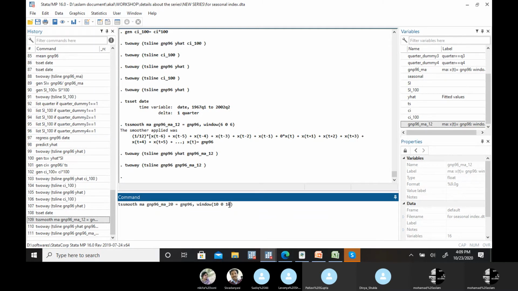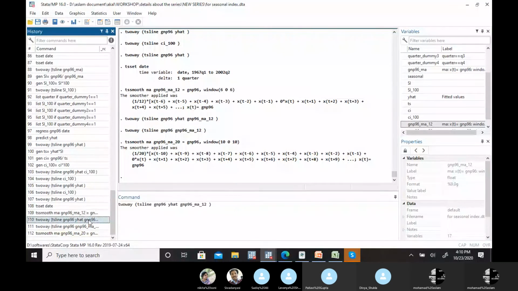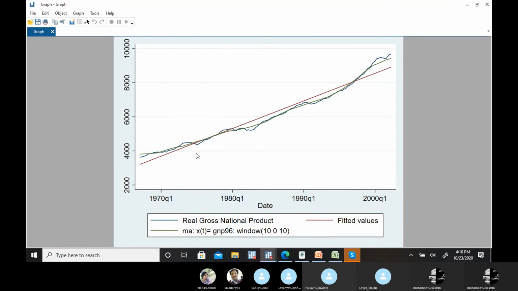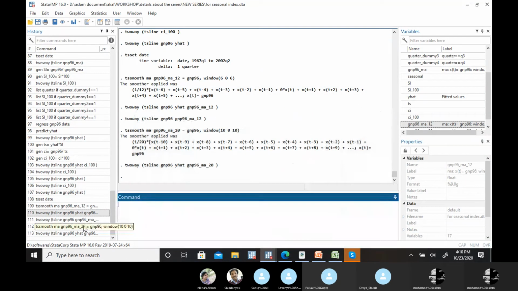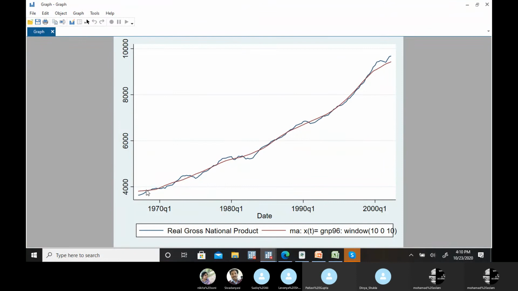But this is not yearly data. If it's yearly data, then you can see this straight moving average. Here again, there is some curve type of nature because of the calculation of quarterly average. But if it's yearly data, then you can clearly see the changes in your graph. So in place of 12, now let's see the 20. 20 means a 5-year moving average, and you can see just a straight line type of moving average.